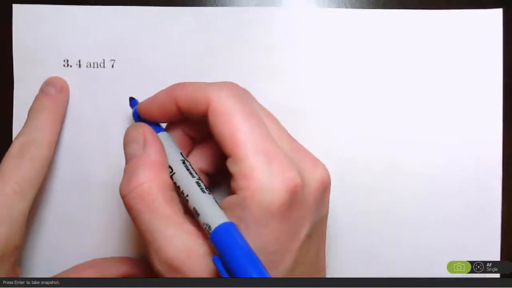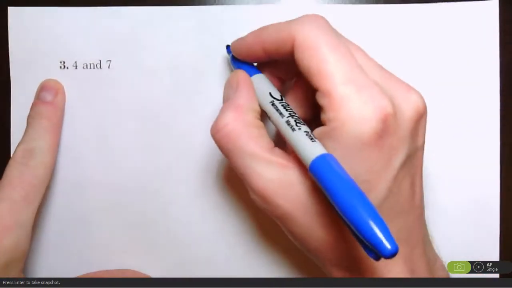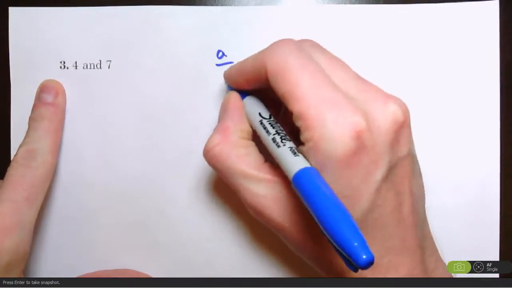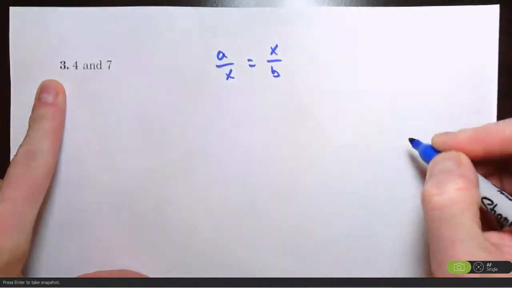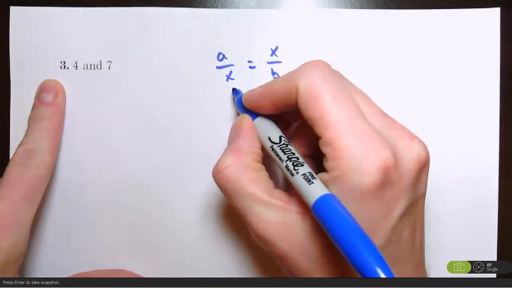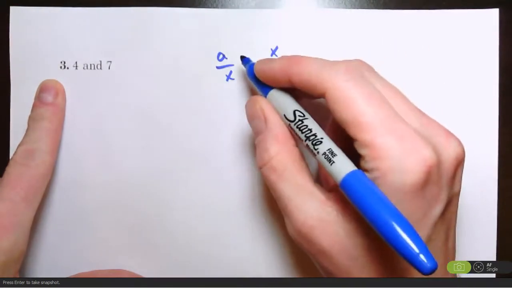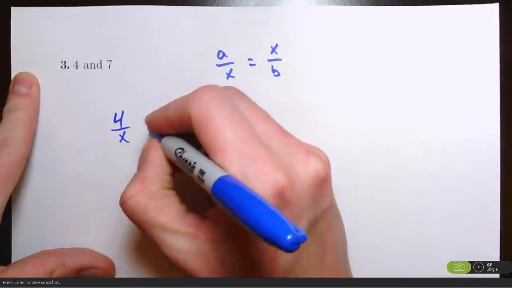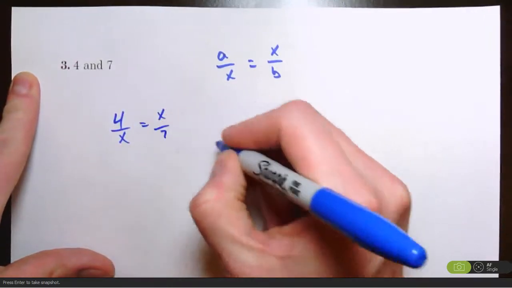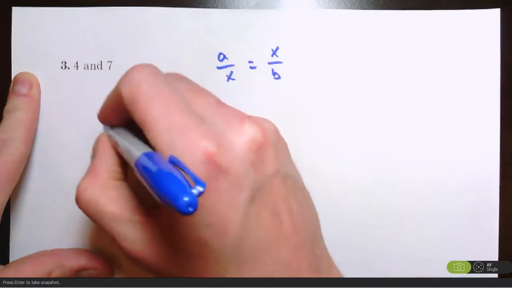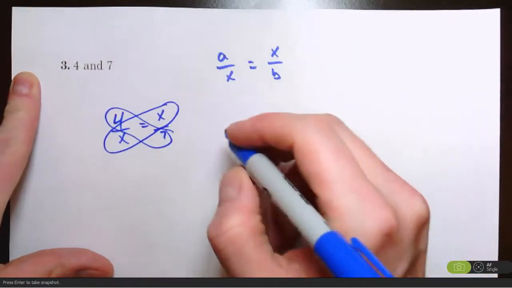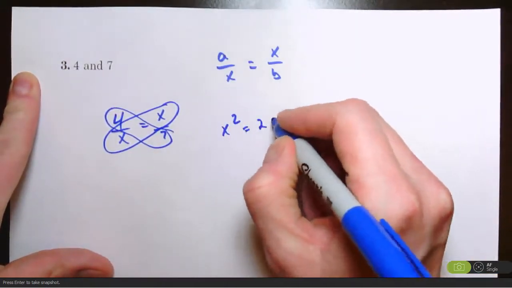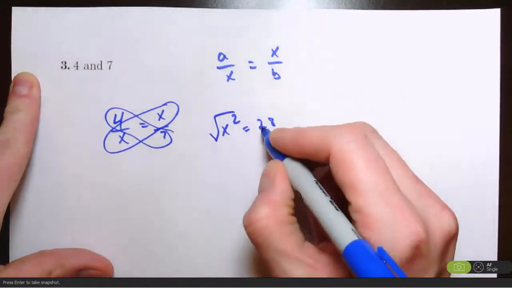So first of all, number 3 is to find the geometric mean. Now the formula for geometric mean is a over x equals x over b, where x is the geometric mean and a and b are the two values. So in our case, we have 4 and 7. So this would be 4 over x equals x over 7. And then to solve a proportion, just cross multiply. And then take your square root,